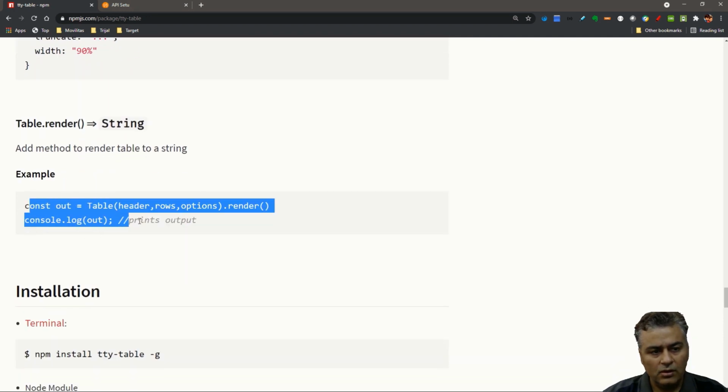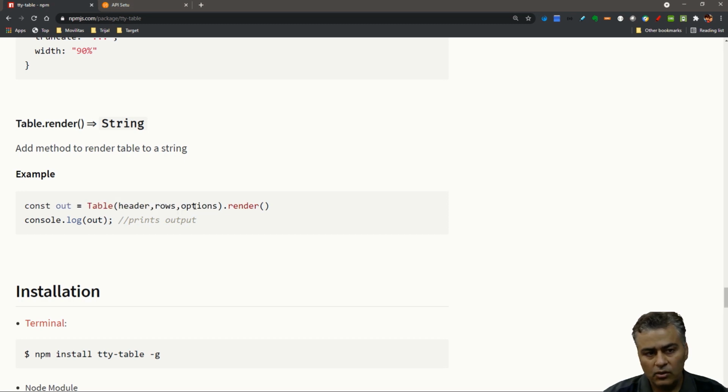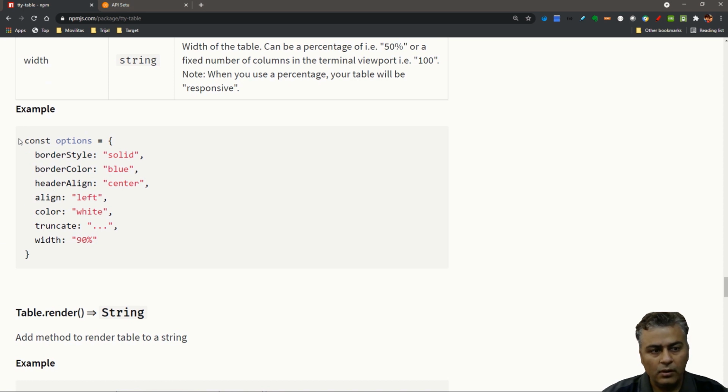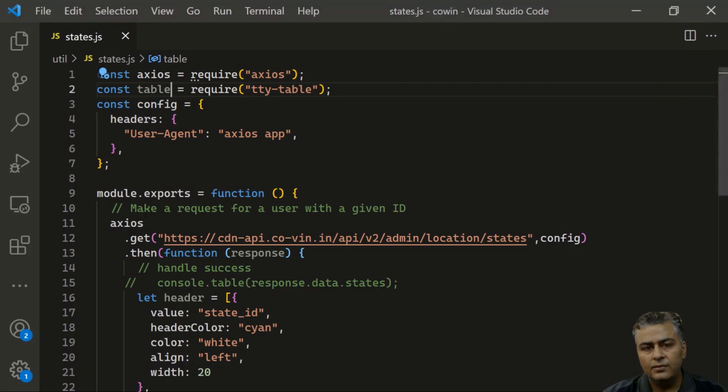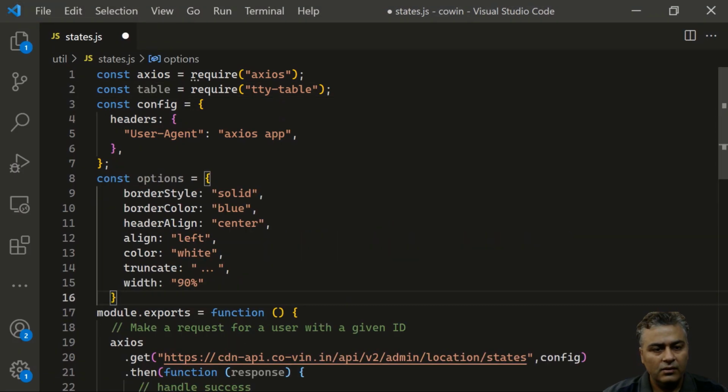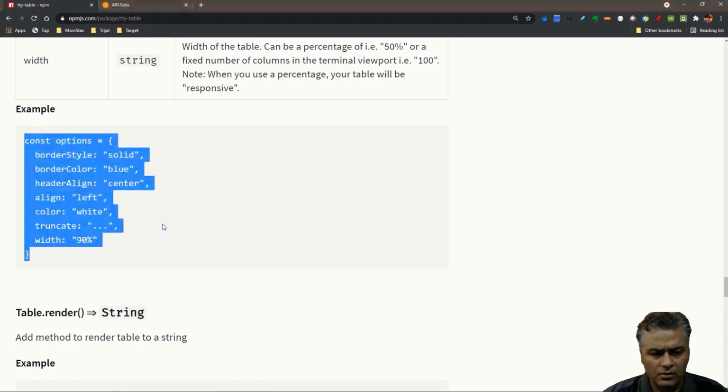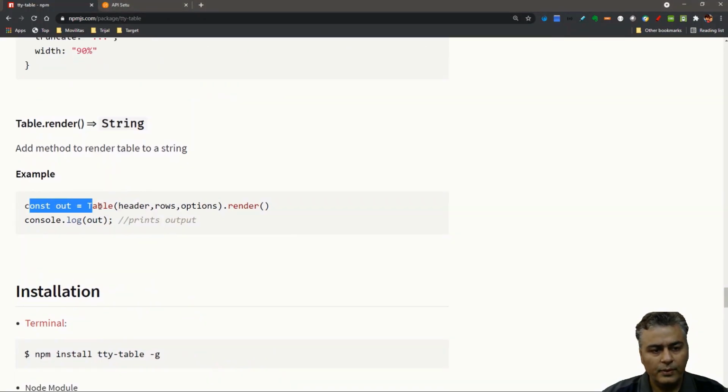So you just call it via this. So table dot render, and you pass header, rows is our data, options. What are options? Oh, okay, options is at a table level, how the header is, how everything is. So let's also define this. So we define that, okay, border is like this, color has to be blue, header has to be this. Let's just use the default and just copy this,